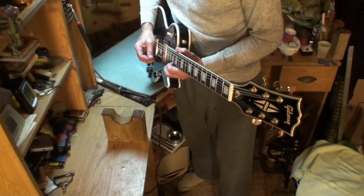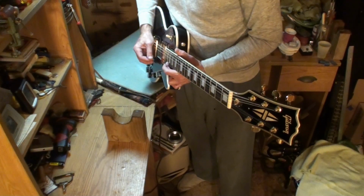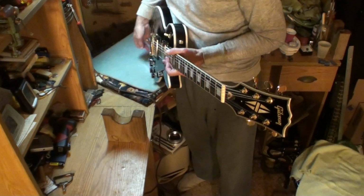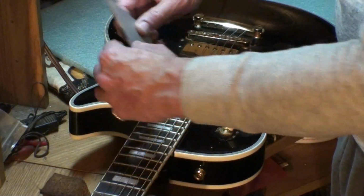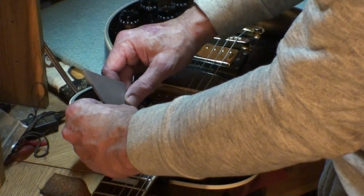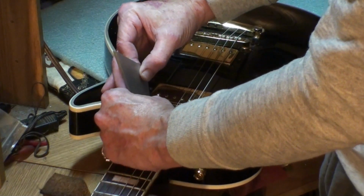That's the A note. You can hear it starting to choke out there, and there it does. Well, let's check it out, see what's going on. It's going to be awful hard to rock on these frets when they're that close together. I just want to take a rocker here, start about the 15th fret or so. I don't know if the camera will pick this up. It hasn't rocked yet, but